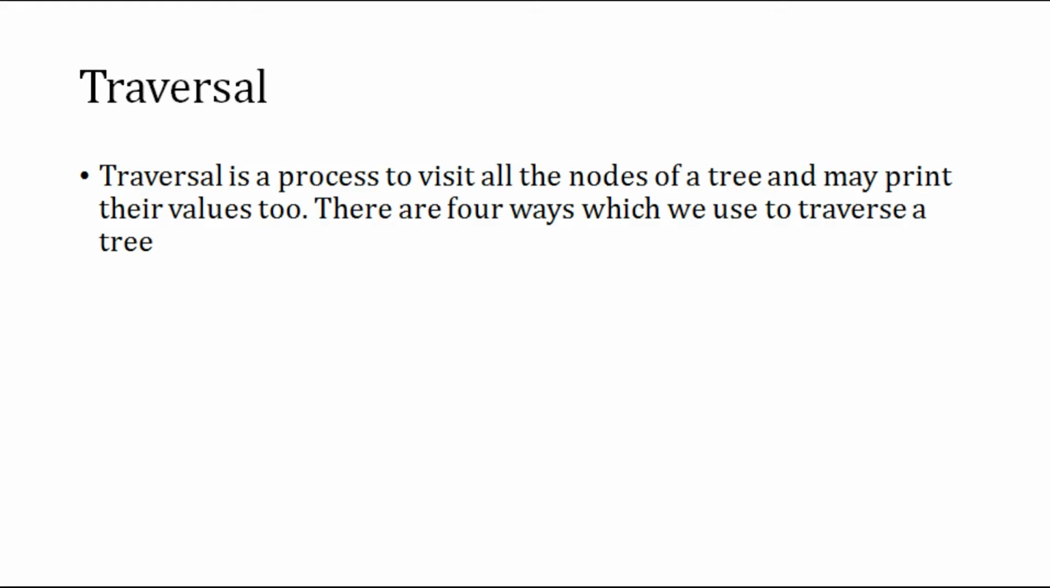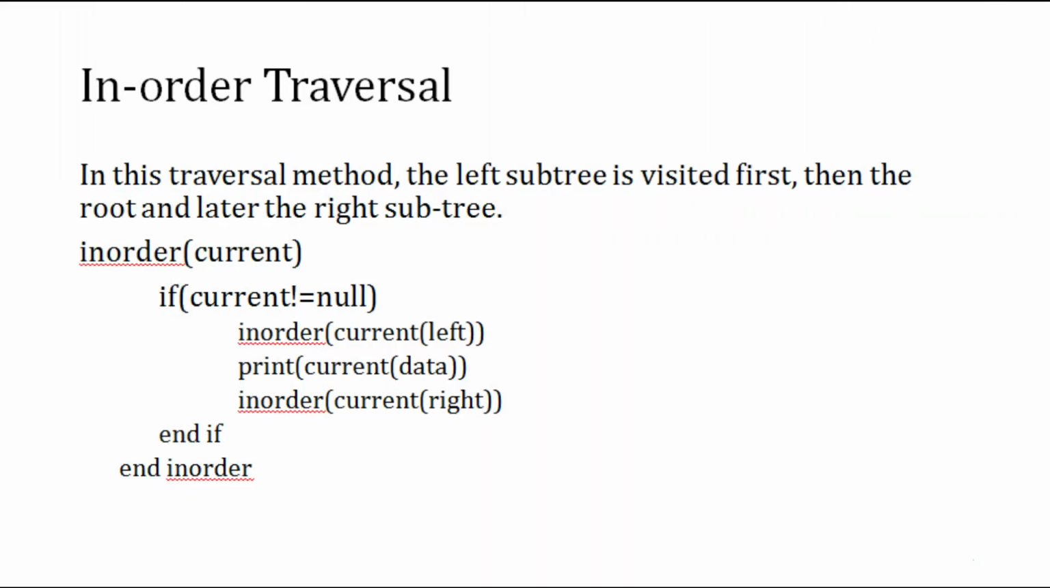Traversal is a process to visit all the nodes of a tree and print their values too. There are four ways which we use to traverse a tree. In-order traversal. In this traversal method, the left subtree is visited first, then the root and later the right